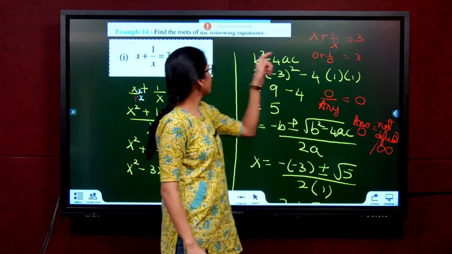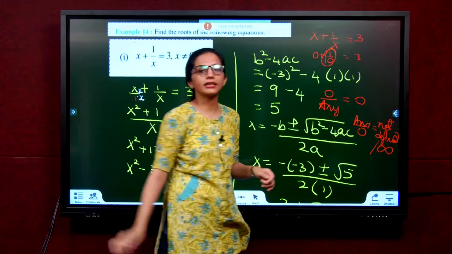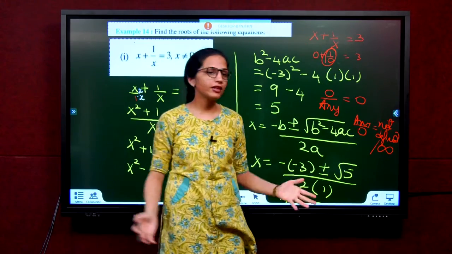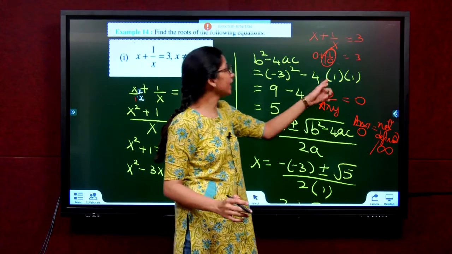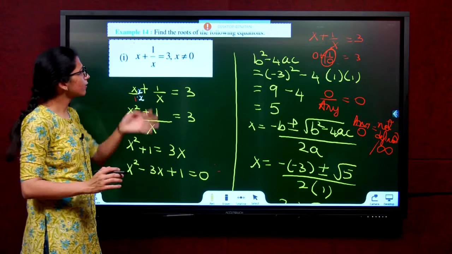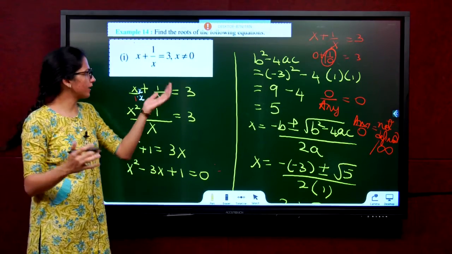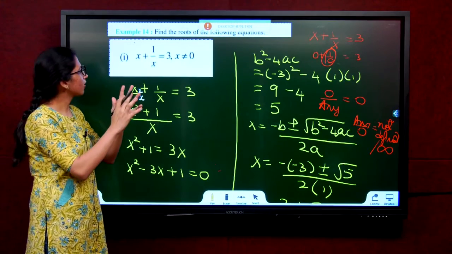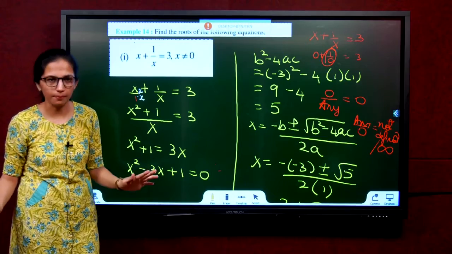So if x was 0, I would be getting a not defined quantity here, or I would be getting an infinite quantity there that has no meaning in math, which is why in the question it says where x is not 0. Whenever they give such conditions in a question, you don't have to worry about them. They are just putting it for the sake of saying that infinity is not going to come.